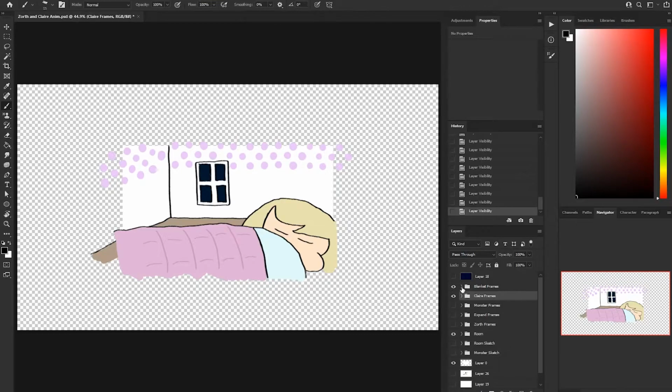And yeah, that's basically how I did it. I do the first frame, which is just by itself, like the line art for that. And then I trace over that original line art and color it in each time. It's a little tedious, and it's definitely not the most effective way to do things, but it's how I do it.